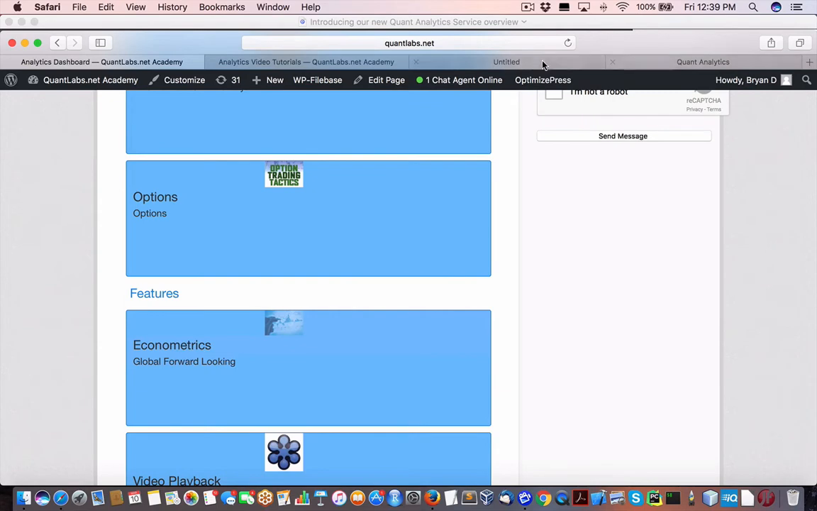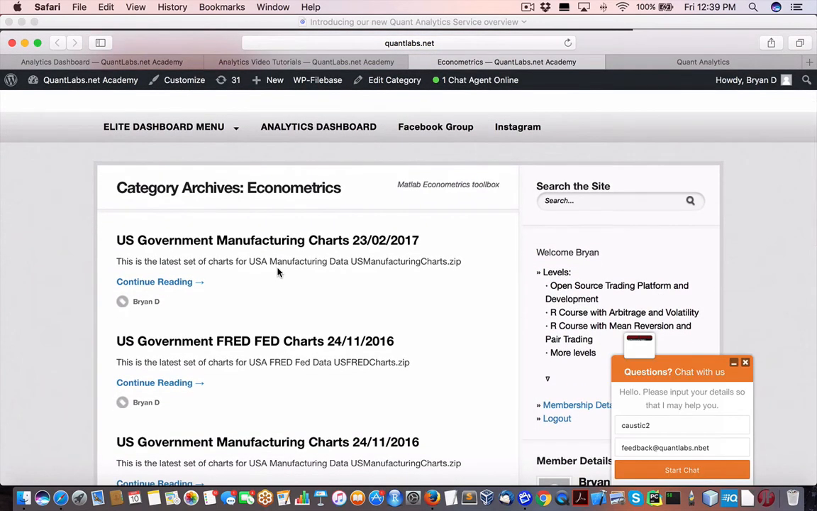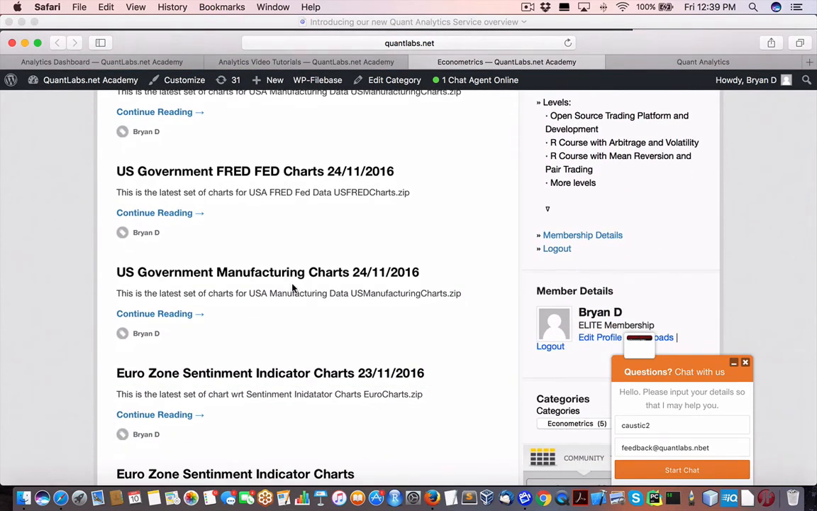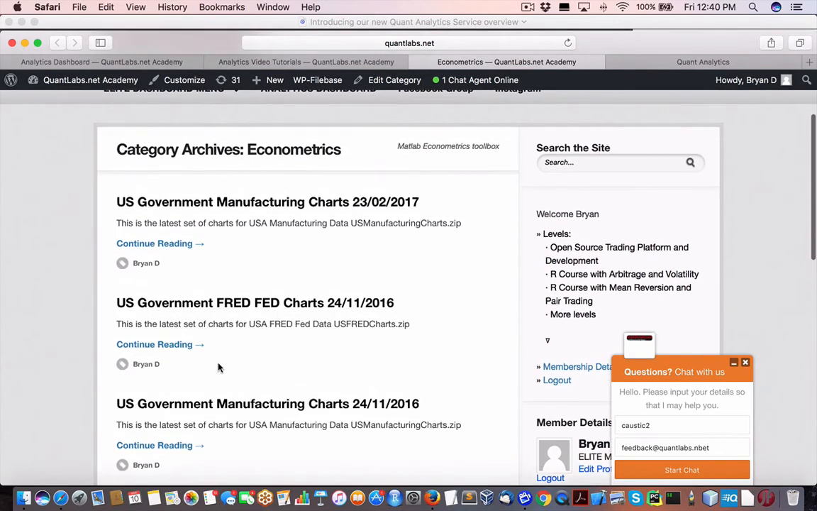Econometrics is an interesting one because when I started out with the system, originally I was wanting to do pair trading. So we've built out some scripts that will go in and analyze the market's forward-looking data for both the Eurozone and the US, at different levels, using the Federal Reserve, manufacturing, and sentiment indicators from the Eurozone. These are really, really good because they will determine what will obviously impact your currency trading when it comes to